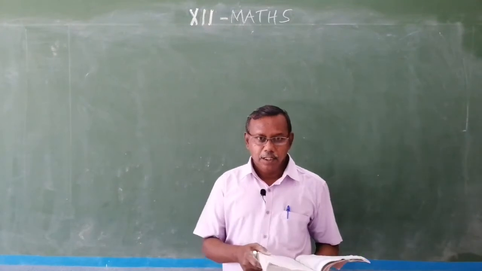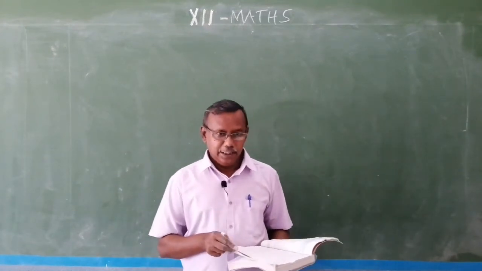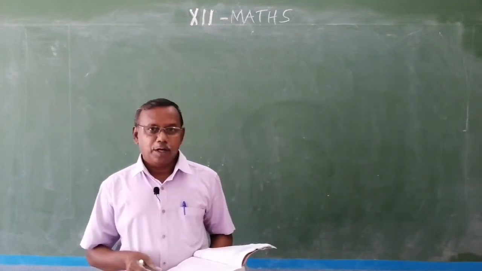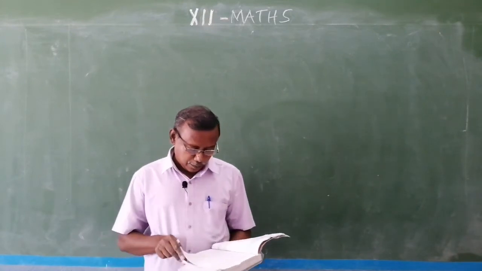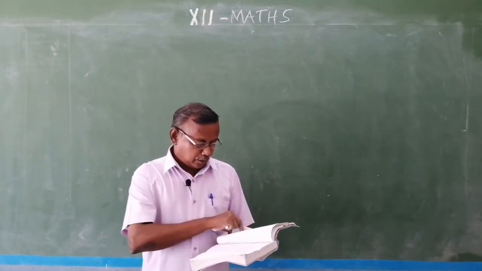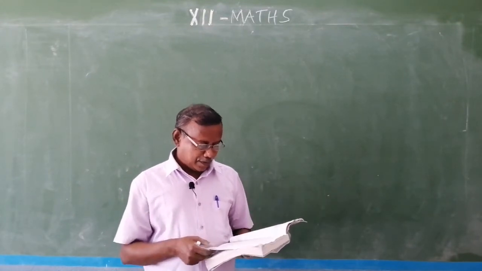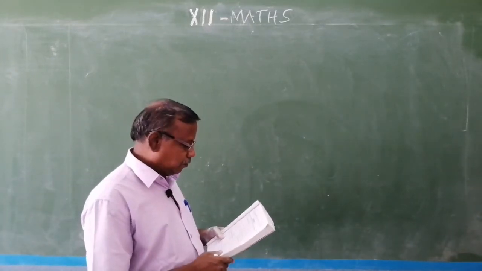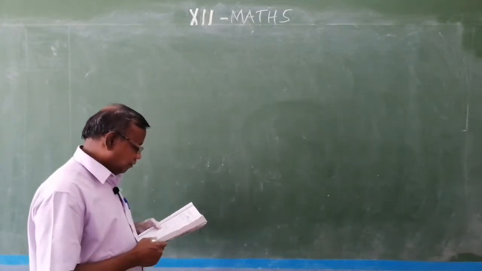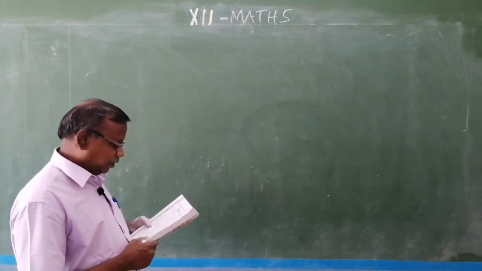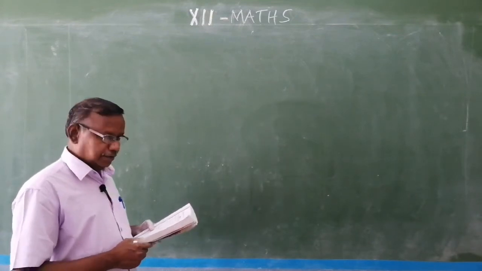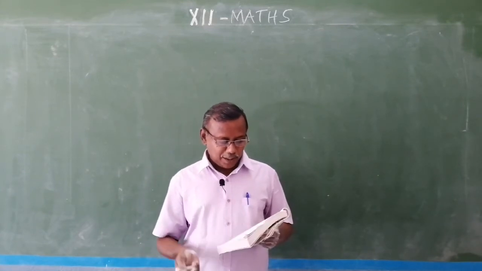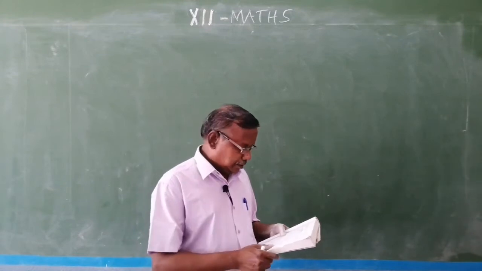Dear students, up to now what we have taught is the very fundamentals of integrals, and using these formulae and properties I expect you to solve the problems given in exercise 7.1. The example problems and exercise problems are of the same type. I do the exercise problems and you follow the example problems also. In the first one, in exercise 7.1, find the antiderivative or integral of the following functions by the method of inspection. So, here we need not integrate. We have to inspect from the derivative to find the antiderivative.